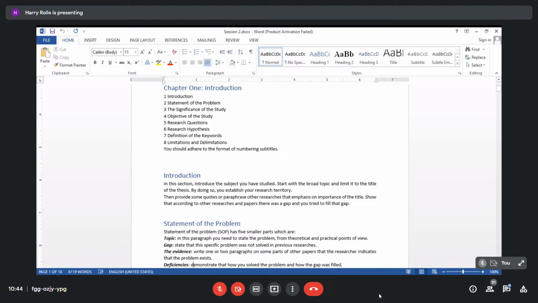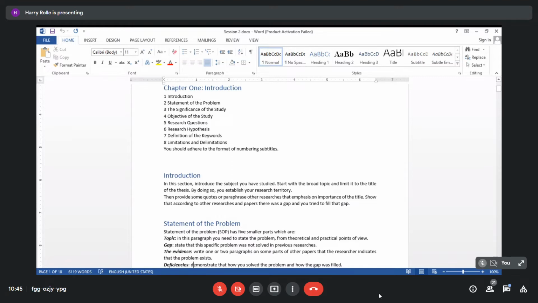So ano daw ibig sabihin nun? So ang ibig sabihin nun, yung dating RRL nyo or Review of Related Literature nyo dun sa the one that you use on your thesis on senior high school, dito na pumapasok dun sa introduction pa lang. So dito pa lang, ini-introduce nyo na kung ano yung inyong topic. Para saan yung topic mo? Ano yung mga studying meron na? At ano yung mga gaps na meron dun sa mga previous study?